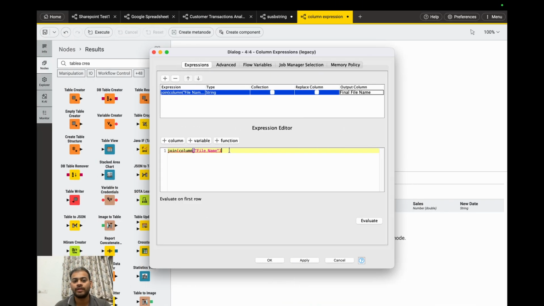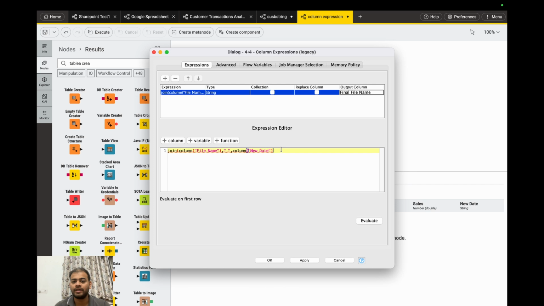Where is the file name? After that I want to give some space. If you want some space, you can use double quotes and give a space under that. Then I need a new date. If I close this and evaluate it,